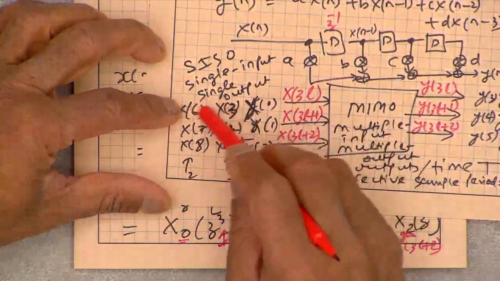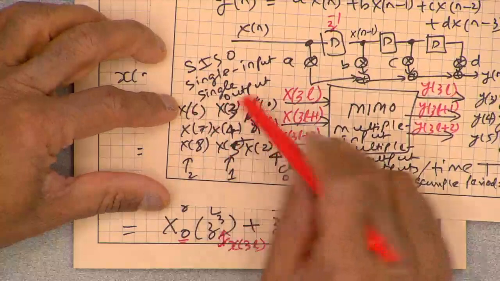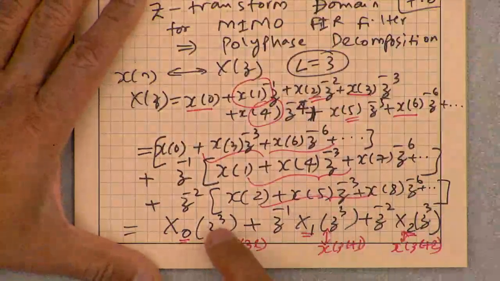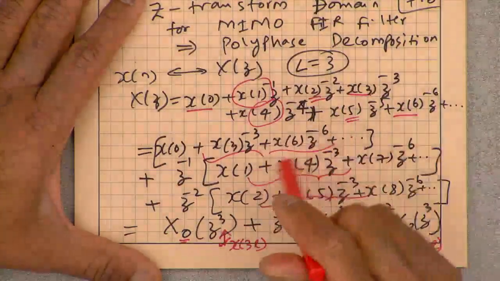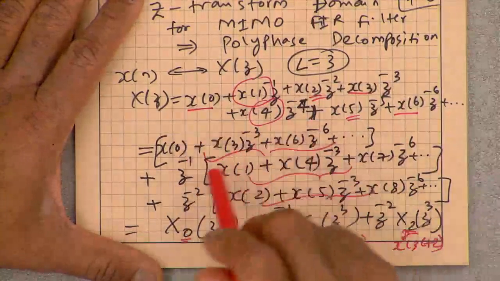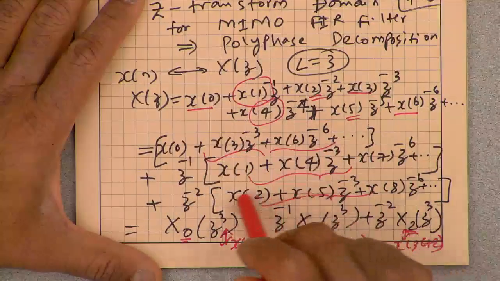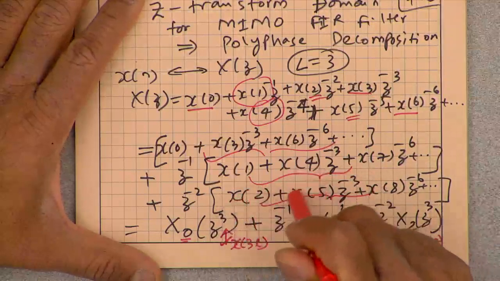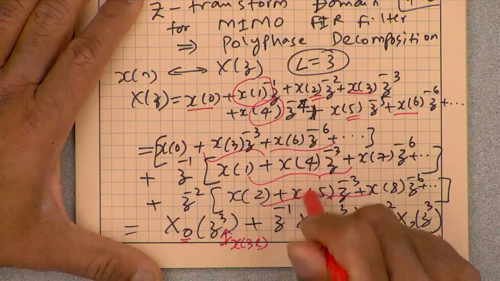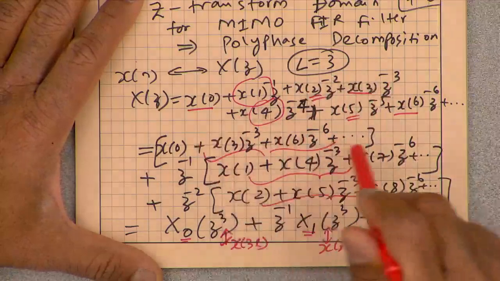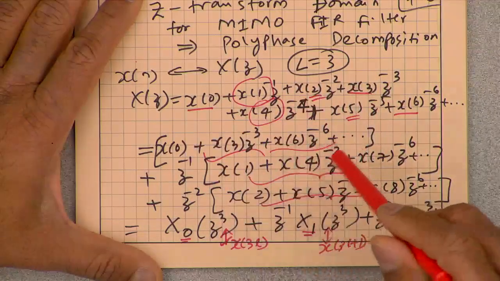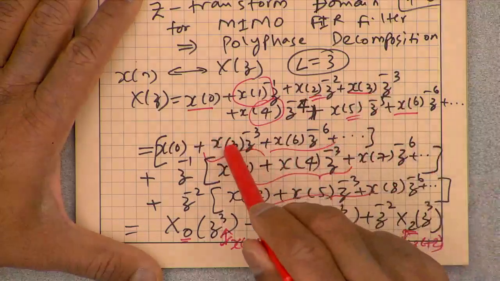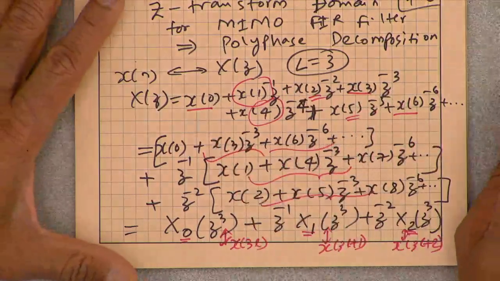So each delay is really 3 sample delays, and that's the reason why we have this z cube, because the consecutive samples in each of these phases are 3 samples apart. So if I have x2 here, then I don't have x3, it's x5. x3 is somewhere else. I have to find where x3 is. That should be polyphase 0, which is here. Okay, any questions so far?